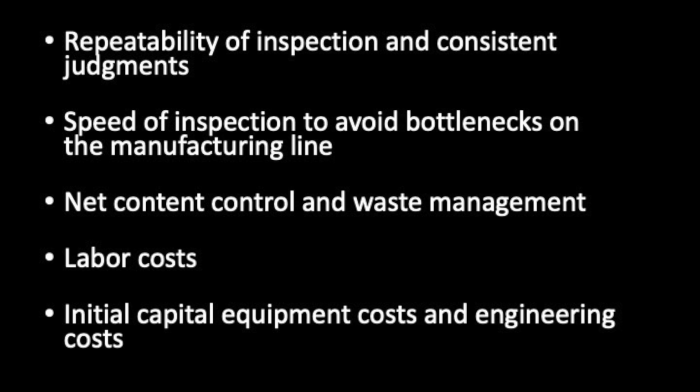And here Fernando said to think about how you could repurpose inspection operators into higher level value-added activities once you have a vision system for inspection. This is particularly important today in light of COVID-19, as the use of vision systems can help reduce human contact. And finally, Fernando said to consider initial capital equipment costs and engineering costs. Now, to hear all of Fernando's and Felix's insights on machine vision system use for inspections, access the podcast at